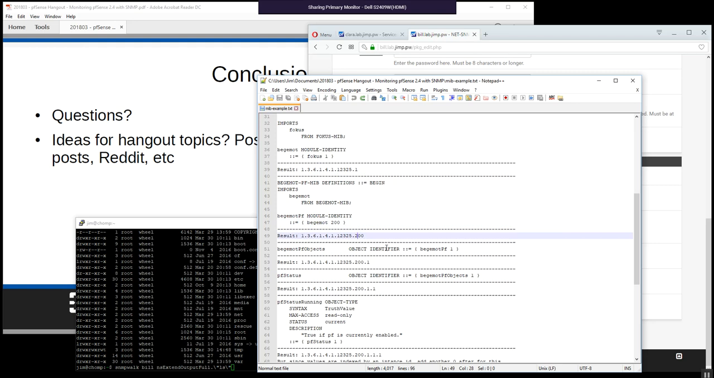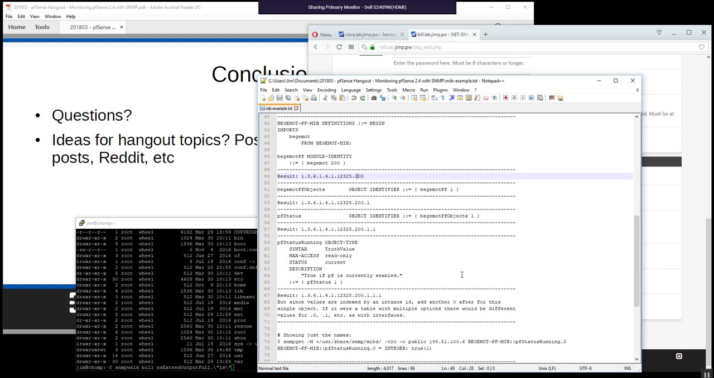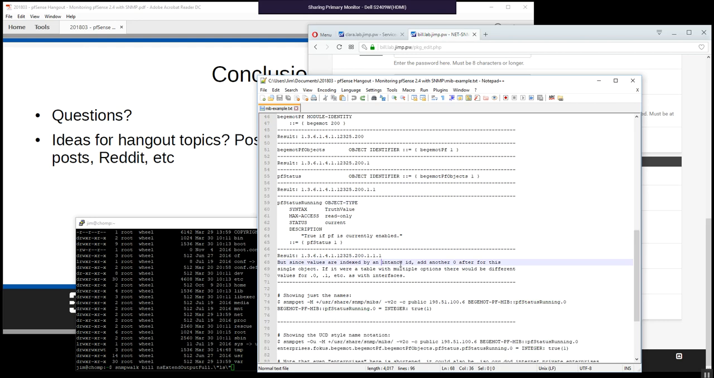And then PF objects, again, was Bergamot PF1. And then PF status was Bergamot PF objects 1. And so finally, we've got to PF status running, which was again PF status.1. So the result for this is 136.141.12325.200.1.1.1. And now, since those values are indexed by an instance ID, you almost always add another 0 afterwards for